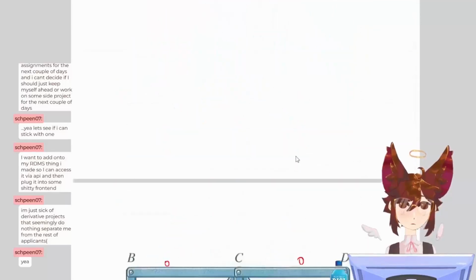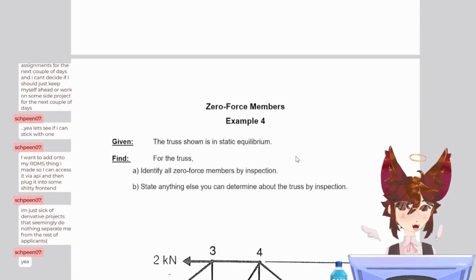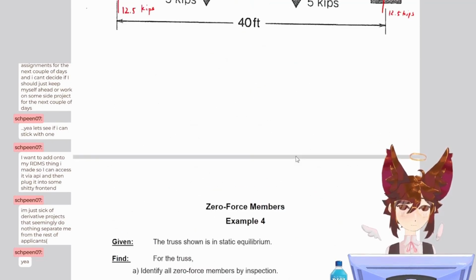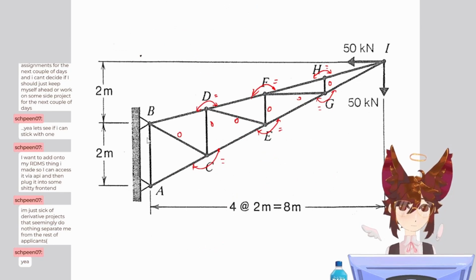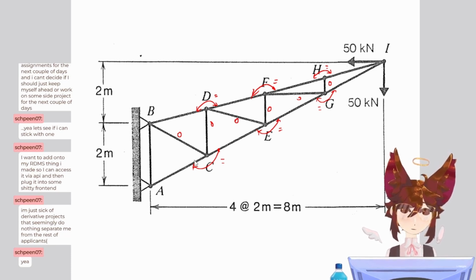Okay, maybe we could do one of these if I don't look. I want to do this one. Okay, so at this joint, there's 1, 2, 3, so we can't. This one, there's 2, but this one is going out at this angle, so that's not. This one, there's 1, 2, 3, 4.